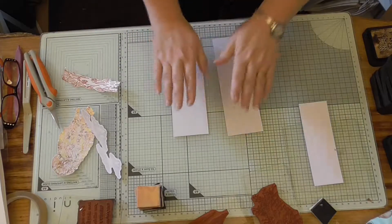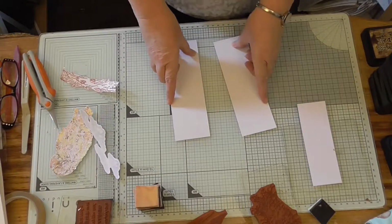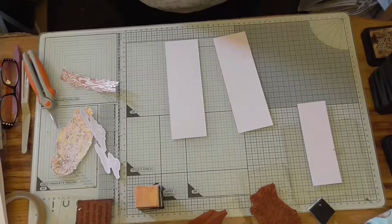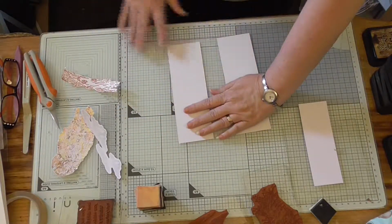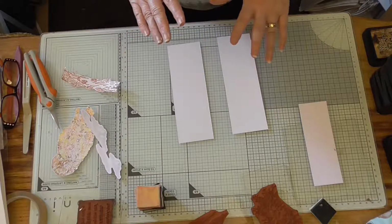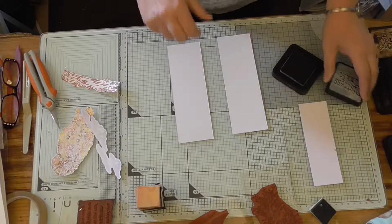Now I've got 2 panels for either side of the card, and they are 2.5 inches across and 7.5 inches down. And what we're going to do with them, we want a little bit of sky on the top, and we want it quite dark. But I think what I might do